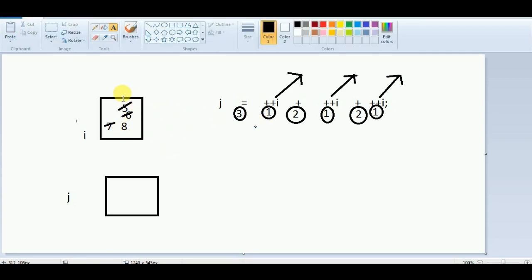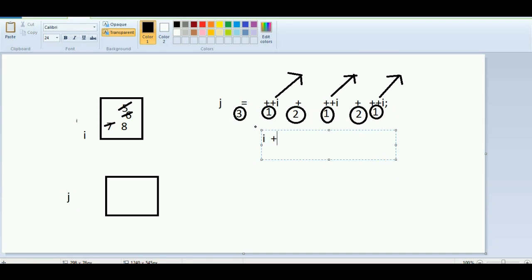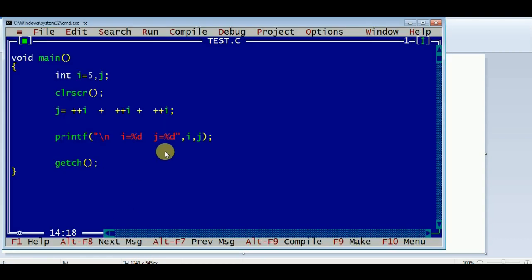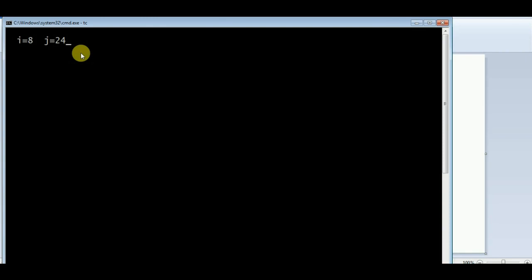In this register evaluation, what is the main difference? How does it evaluate the expression? If it is register evaluation, first give the priority. First priority is ++i, you know this. This is also first priority. It follows operator precedence, that's why we give the priority. Addition is second priority. Here third priority is equals to. First this operation will be performed, then the second operation, because it follows operator precedence. Third priority is assignment, it follows later.